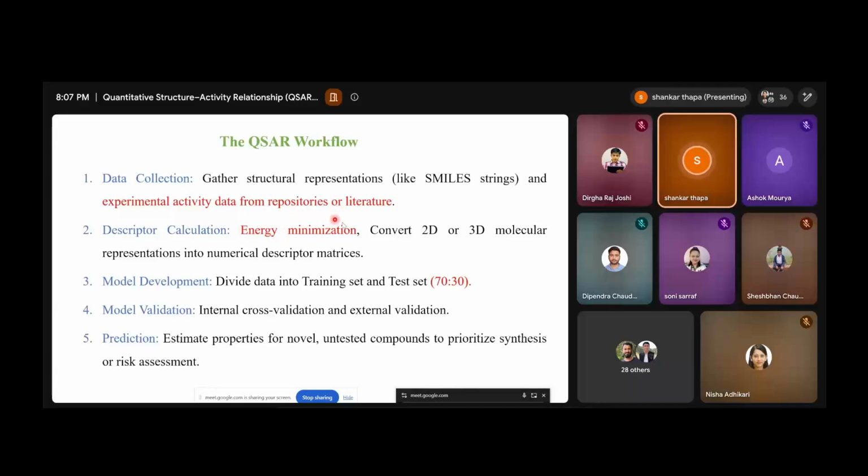There are different types of force fields available to minimize the energy. Basically we use the MMFF94 force field, or some research articles use DFT. If you use DFT, it is better, but it is very resource consuming, so it is a bit difficult to do on a normal laptop. DFT means density functional theory,